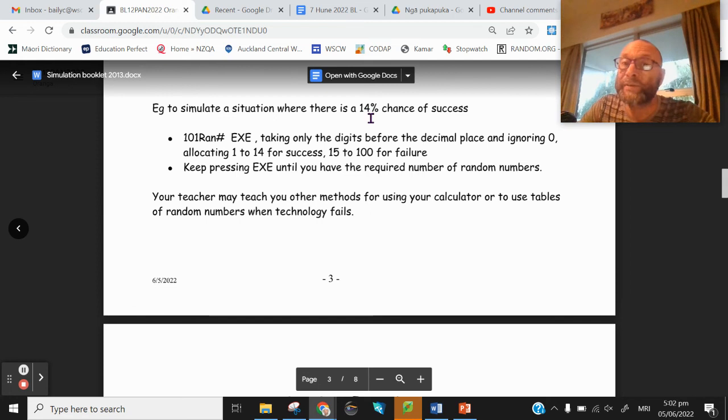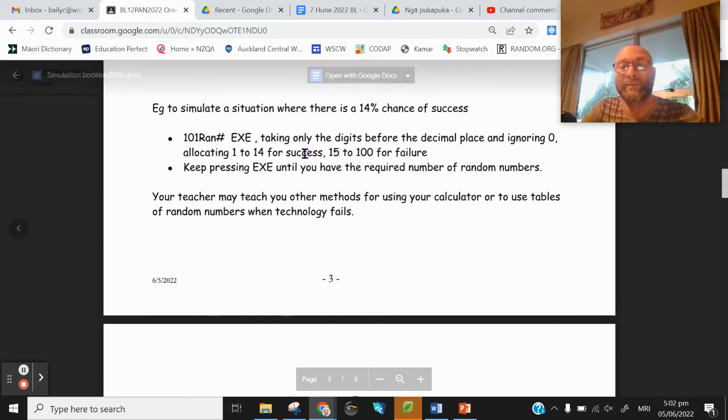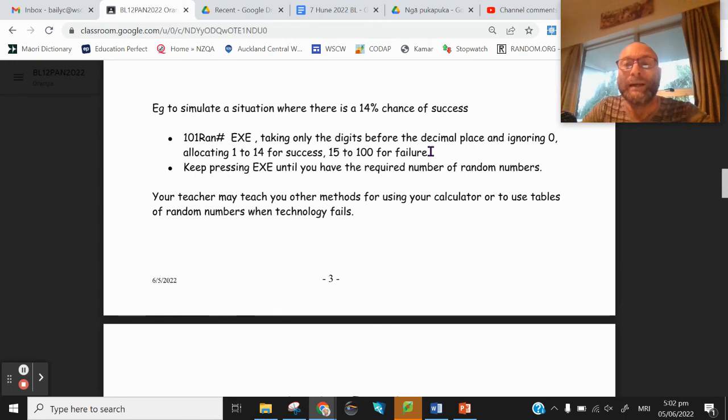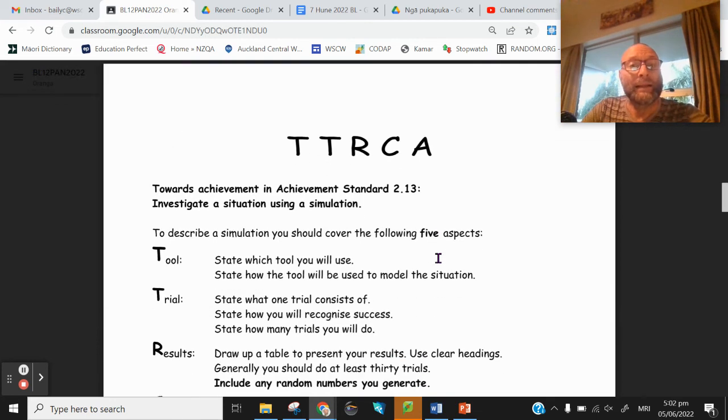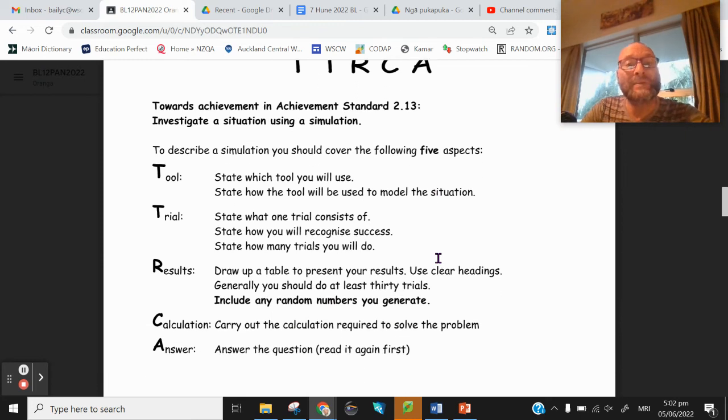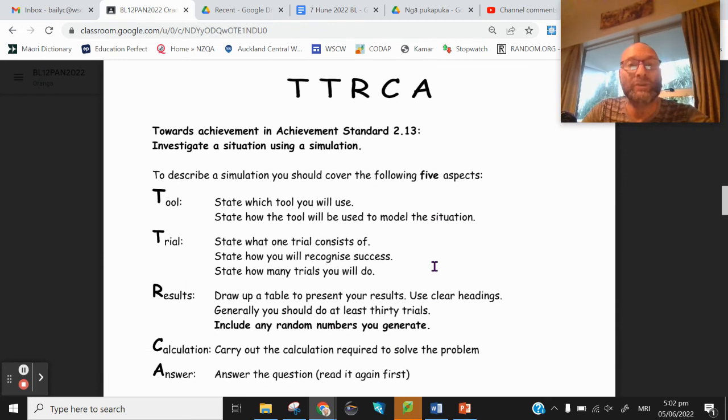Well, the numbers 1 to 14 are going to represent a success, but the rest of the numbers, 15 to 100, would represent a failure in this simulation. And you would keep pushing equals until you get the amount of numbers that you need, but that's going to be what we're going to work on today, including these are the pieces needed for a simulation internal,